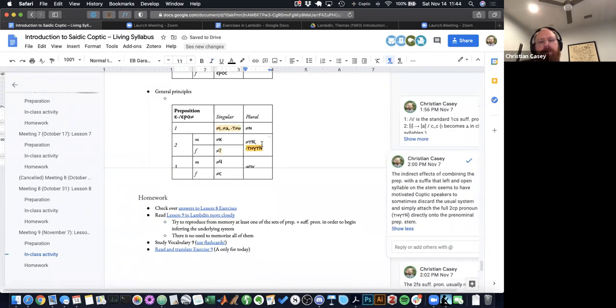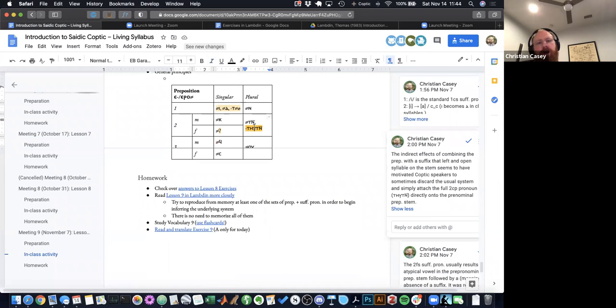Where it does become kind of a serious issue is in cases where it's hard to figure out what would happen if you stuck 10 onto the end of the word. What Egyptian speakers tend to do is they tend to use the full form of the pronoun instead. So they'll take the pre-nominal preposition very often, and they'll just stick teuten onto it. So an example that we see in Lambdin